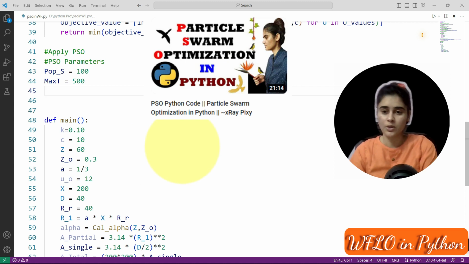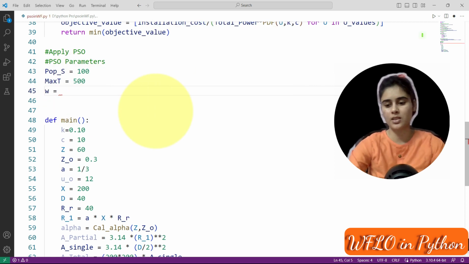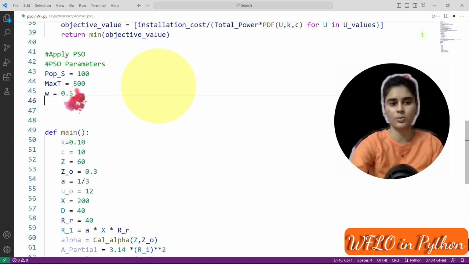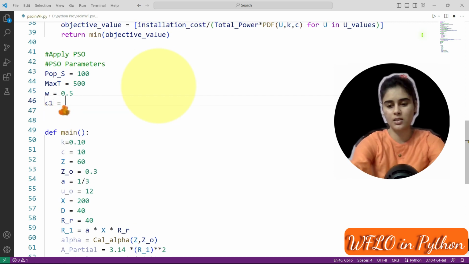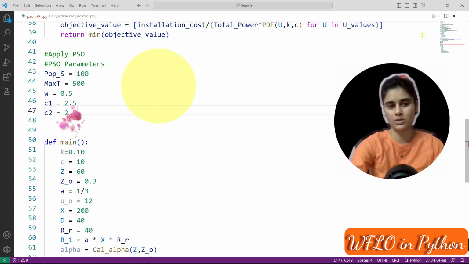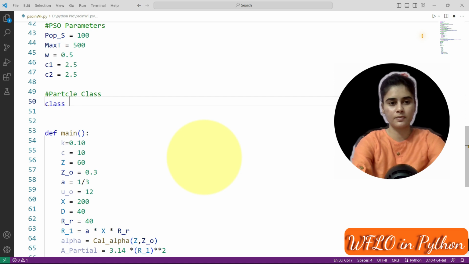For more detail you can check that. For the PSO algorithm we have the inertia value 0.5, coefficient C1 2.5, C2 is also 2.5.